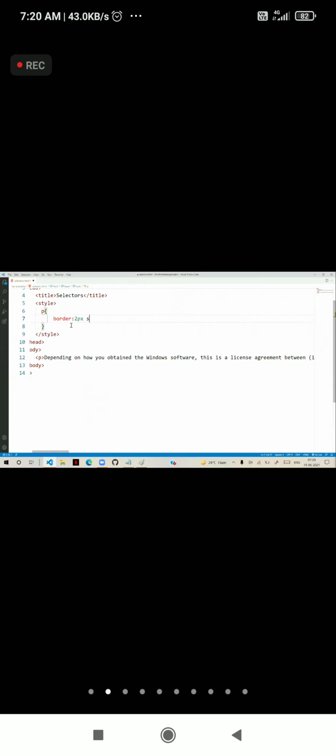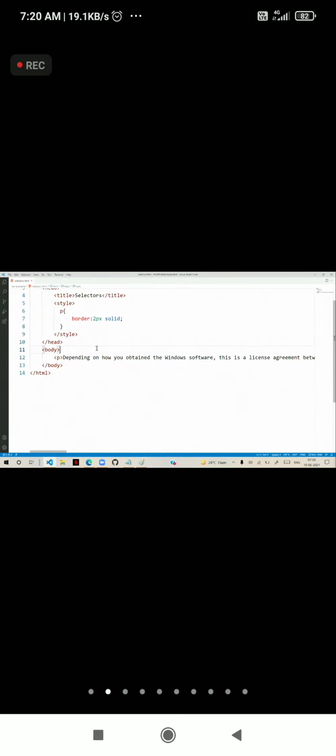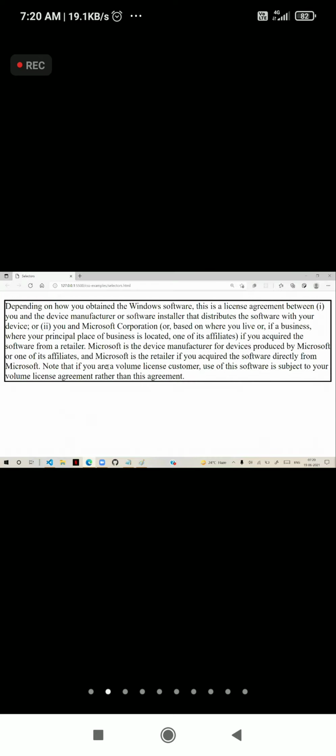Later, I will tell you all the border options. Now let's run this and see. You can observe it will display in this way. This is the paragraph here. This is the border.